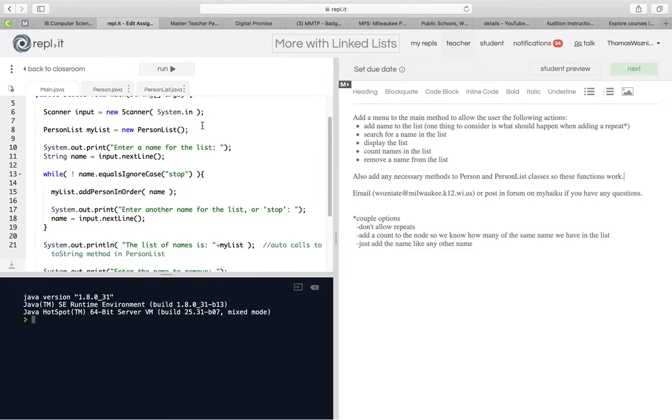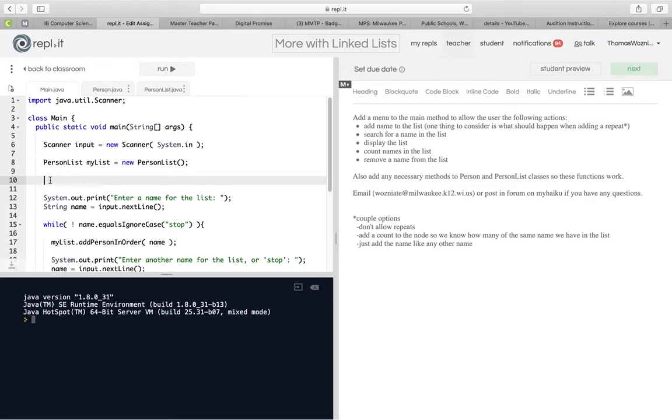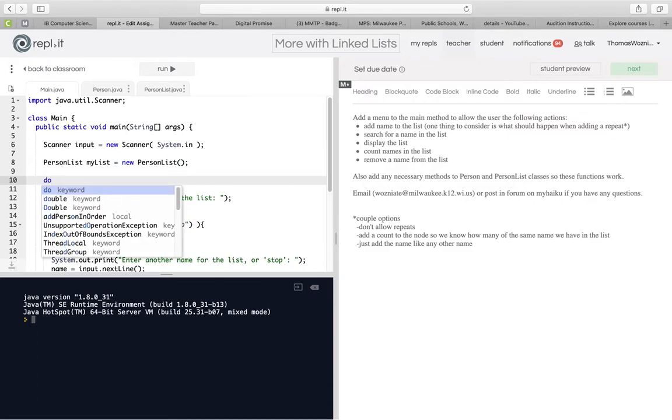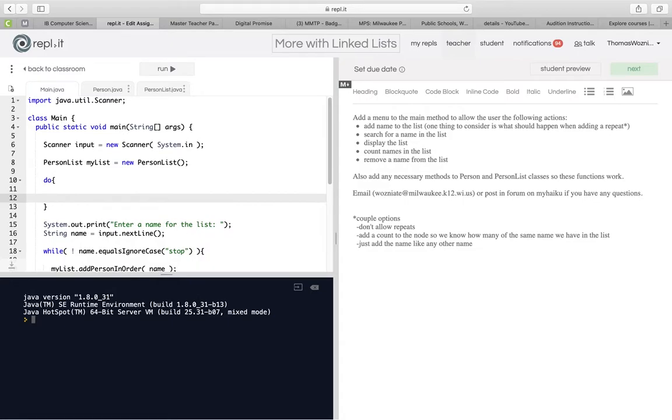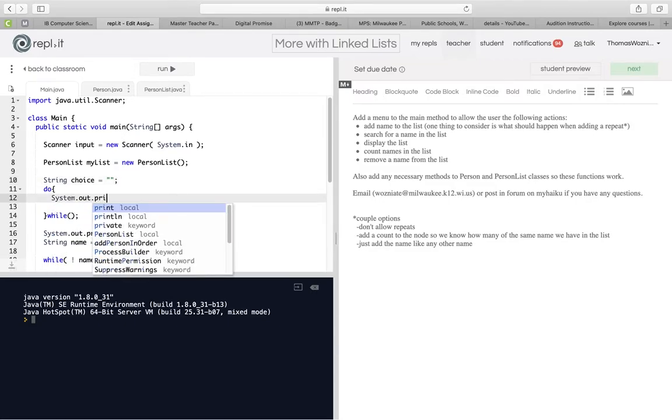So what we're going to do is right here, we're going to do a do while loop. So that looks like this. And what we'll do with this is create a string that's going to be their response or their choice, what they want to do. And what I'll do right now is I'll just make the choice an empty string. Okay? And so what we're going to do in here is we're going to go ahead and print out